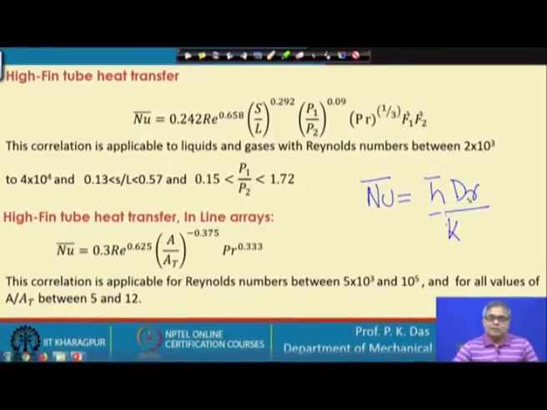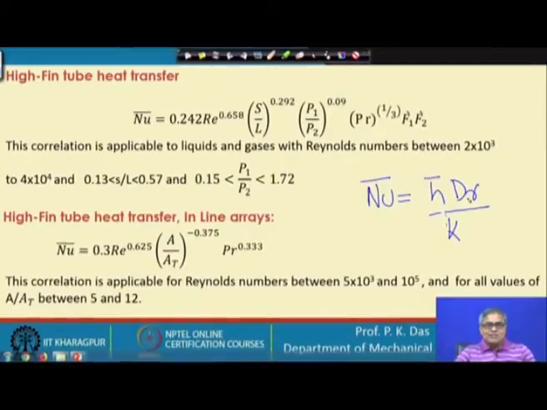So, this gives us, suppose from the external surface of a fin tube we would like to calculate the heat transfer coefficient and the rate of heat transfer, we can do this analysis. We can also use this analysis if the fin tube heat exchanger is to be designed and we have to calculate the overall heat transfer coefficient U, because in that case you need to know the gas side h bar, and you are getting the gas side h bar from this formula. So, you have to get the gas side h bar from this analysis.